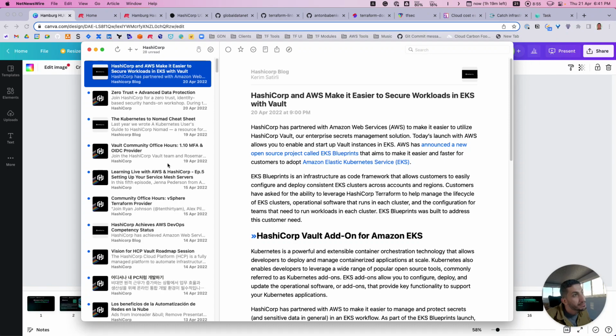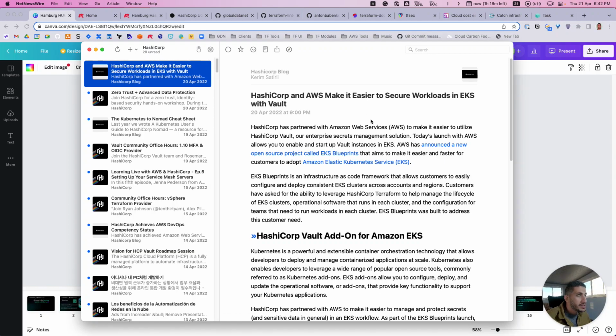If you are on the HashiCorp board, or even for anything like AWS, Kubernetes, Docker, or whatever technology you are interested in, you can follow the same approach. So let's mention what's new in the past couple of weeks for HashiCorp.